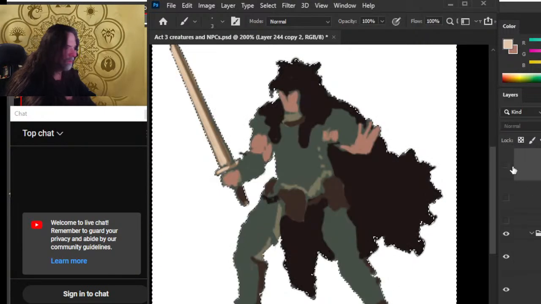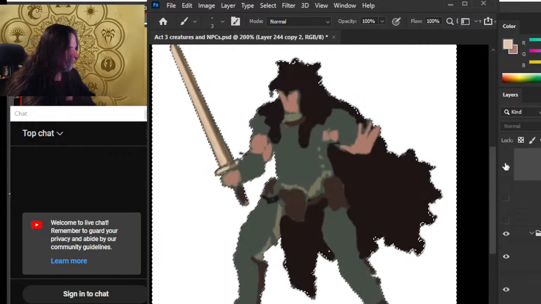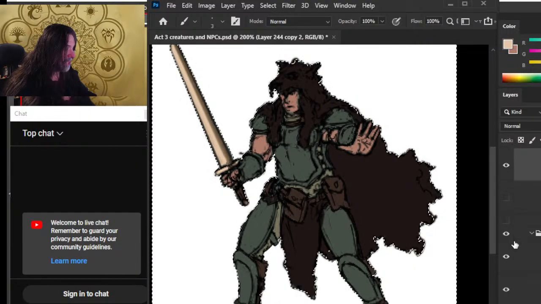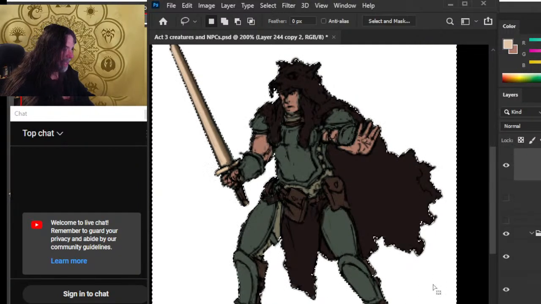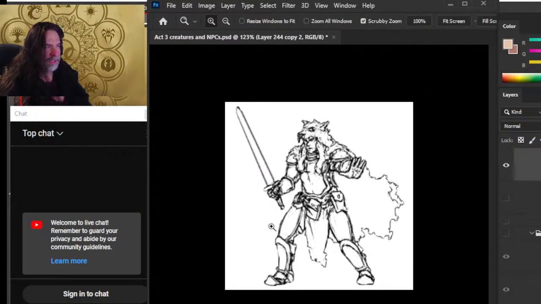And then I go up to this layer, the line art, right? And then everything out here I delete. And that's what causes this. So now we have a clean line art outline for the whole piece.